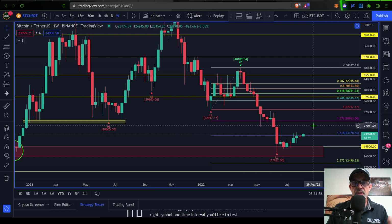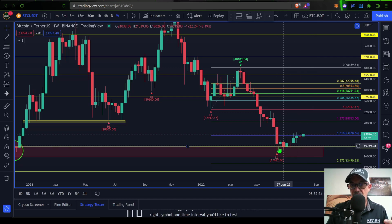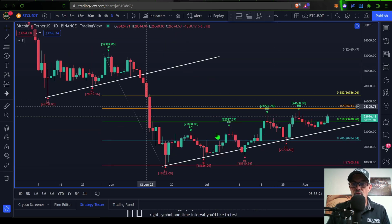So jumping back over here to the weekly charts, the first target towards the top side is going to be the 1272, which is going to put us around 28.8. But on the flip side, if Bitcoin just once again rejects, then we could be looking back down towards 19.5, which was support in this area, or perhaps 17.6, which is the bottom of the wick on this big candle here. So with that being said, let's jump over here to the daily candle chart for Bitcoin,